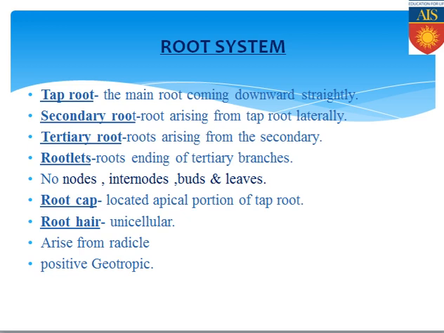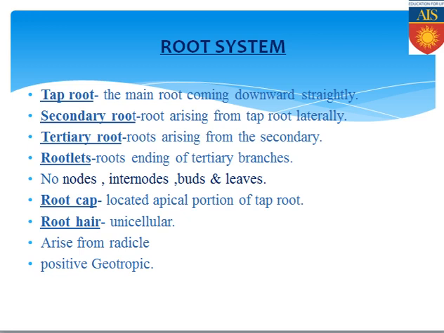Always keep in mind that at the apical portion of the root, whether primary, secondary or tertiary root, there is a small cap-like structure known as the root cap. It is present exclusively for protecting the apical portion of the root, the root tip, because when the root tip penetrates the soil, several obstacles like stones and pebbles come in the way. Due to the root cap, the root tip does not get damaged. Root hairs are also present, and those are unicellular. The rootlets I mentioned earlier are only the root hairs.